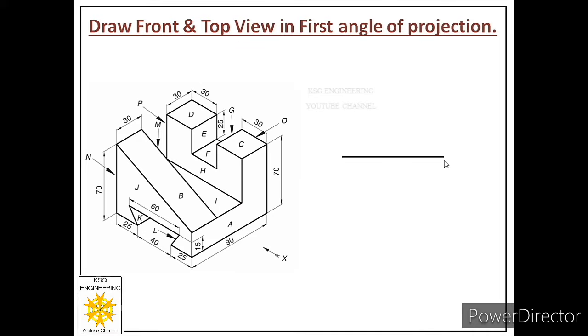Now from that point, how much do we have to move in our direction? 70 millimeters. So we'll draw its height as 70 millimeters. Then from this point again we will draw a length of how much? It is given over here, 30 millimeters. Then from that point we'll move in a downward direction, and let us see how much this height is.